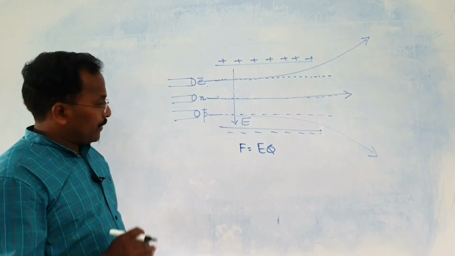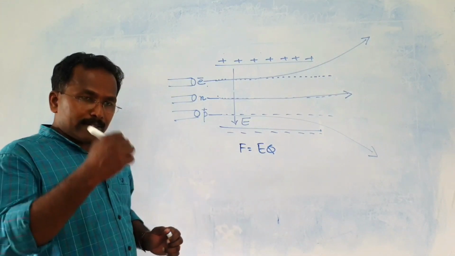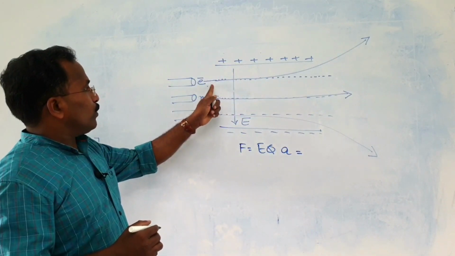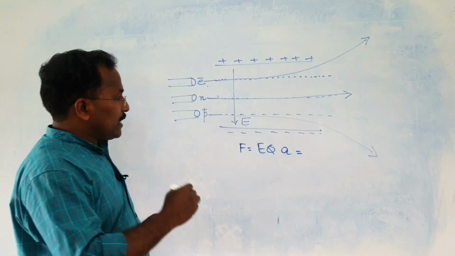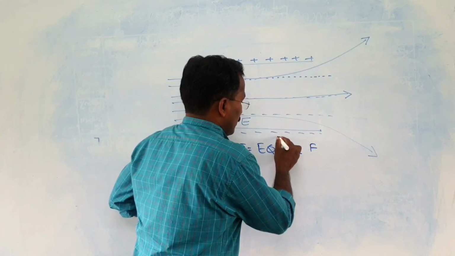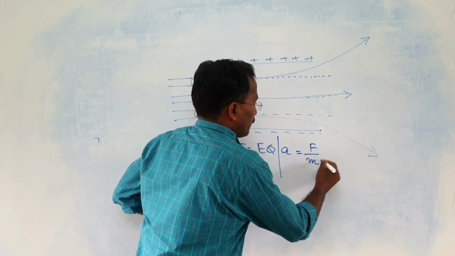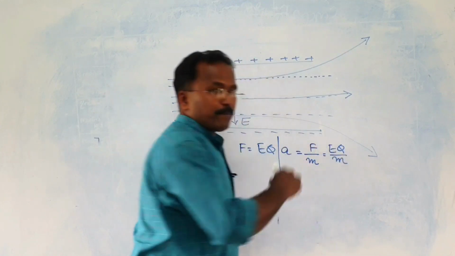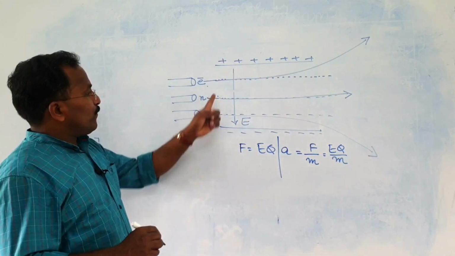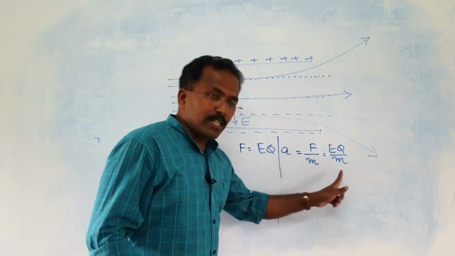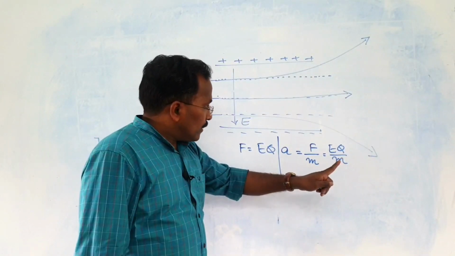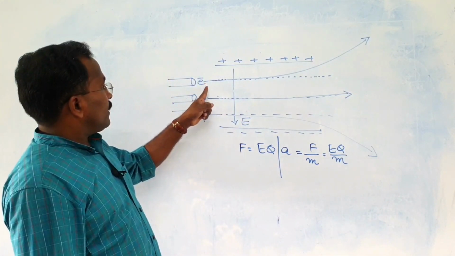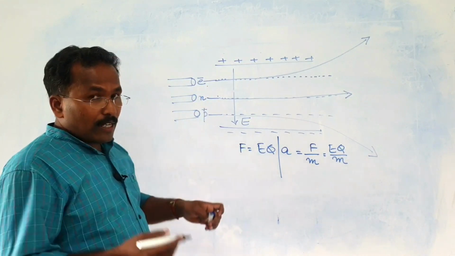Now in this deflection, we find the acceleration. How much acceleration will it have? Both these particles will have acceleration. The acceleration is F divided by M, which is equal to EQ divided by M. So even though the force on these two is the same, the acceleration is different. The acceleration depends on mass, and you can guess what is the difference between the masses of these three particles. Roughly you can say,